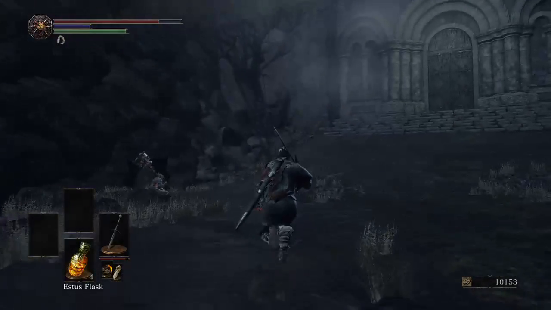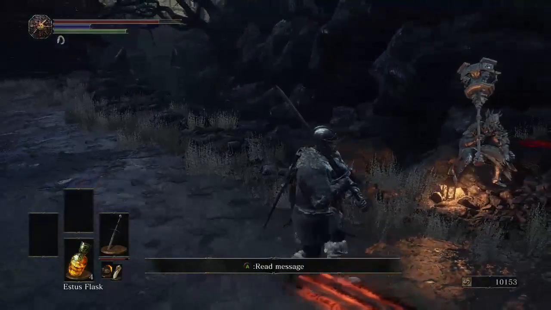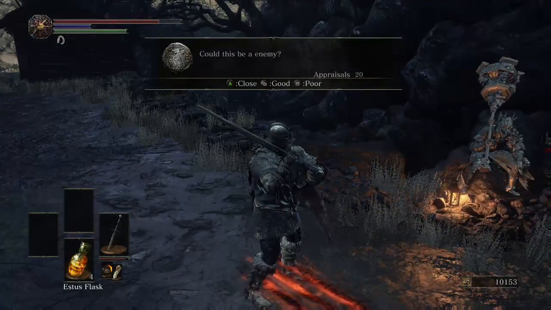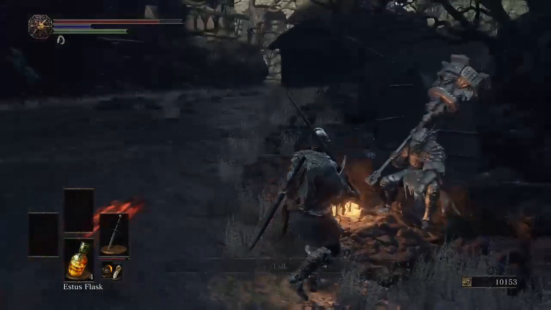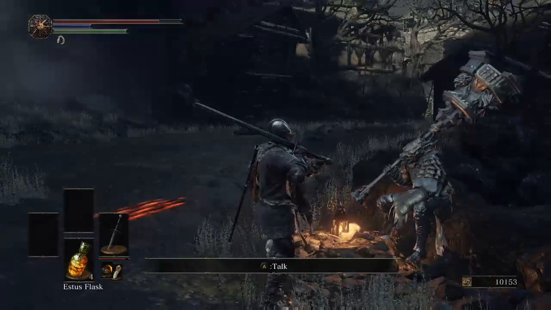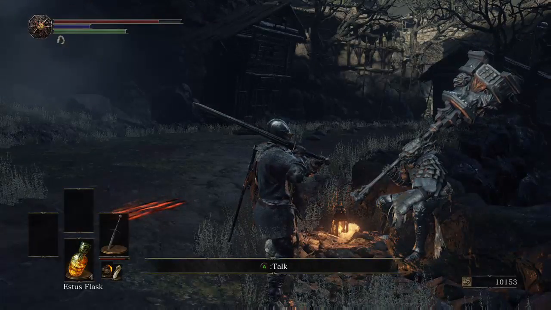And now, to speak with Egon, the protector of Irina. He could be an enemy. If you wanted to attack him, I wouldn't. He's wielding a weapon that takes 50 strength and 30 faith to even use one-handed, so...